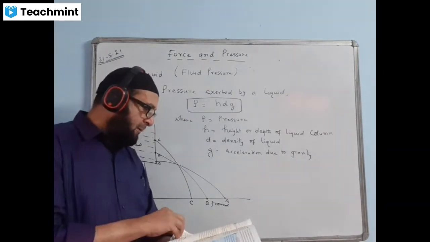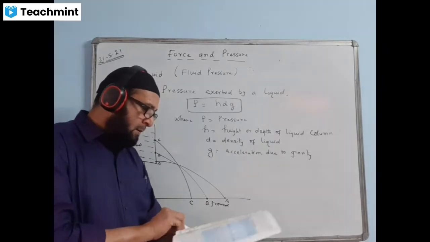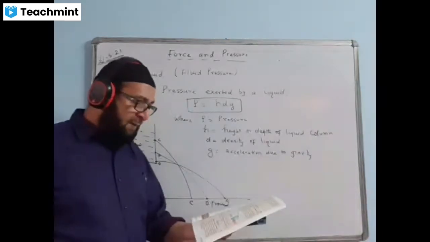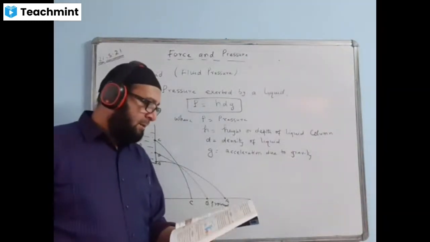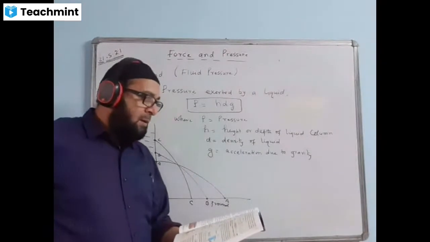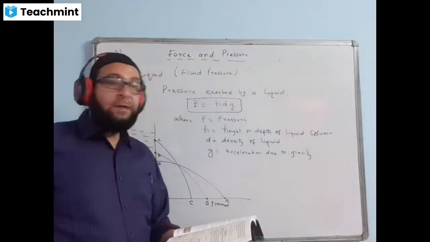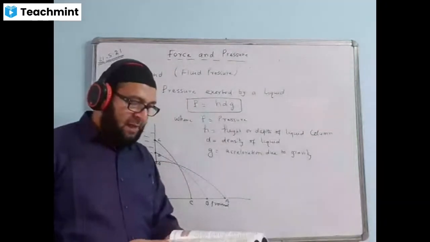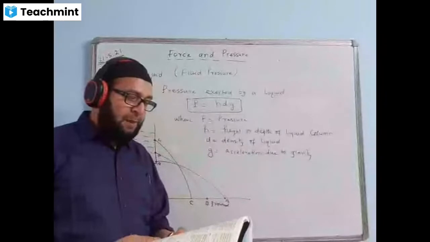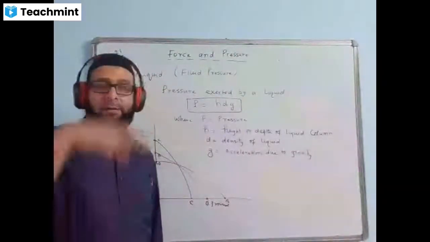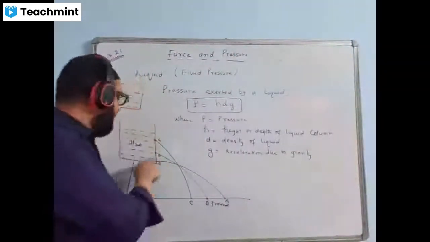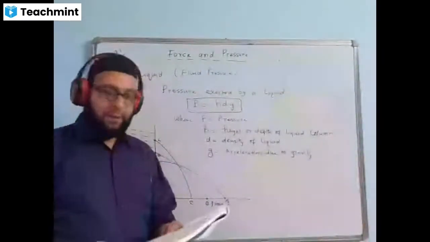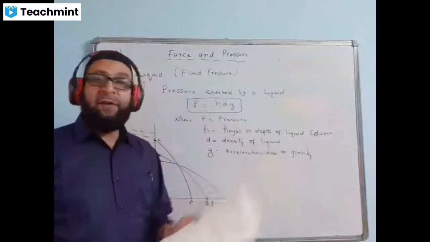Now, after this, liquid pressures. In the book they have given it on page number 47. You can have a look at that. The topic was liquid pressure, and I gave the formula P is equal to hdg. See point number one, they have given a diagram also. A liquid exerts pressure at the bottom of its container. They have given one experiment to prove it, showing figure 3.21.